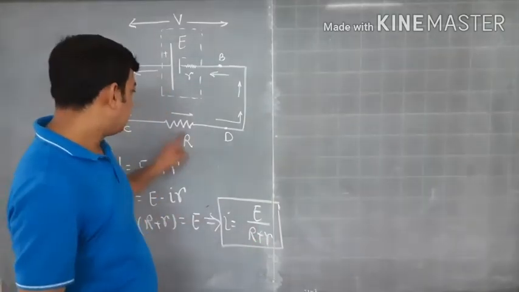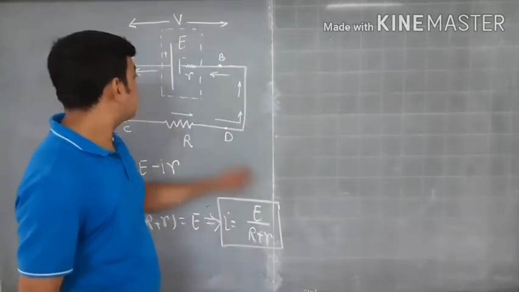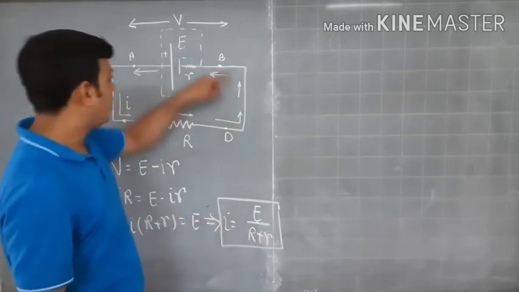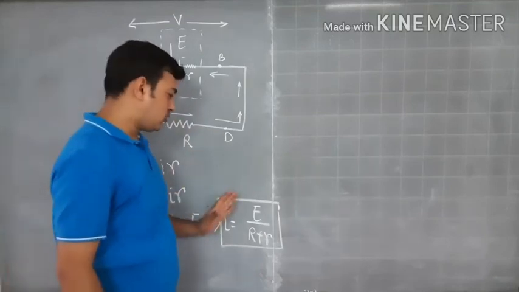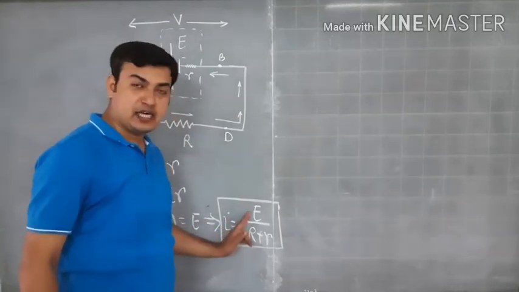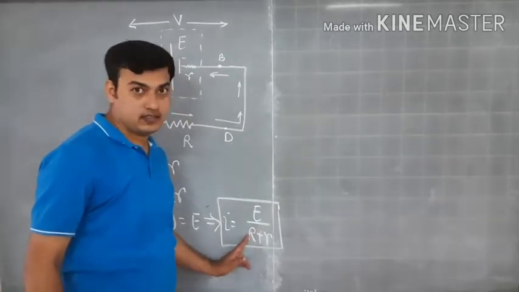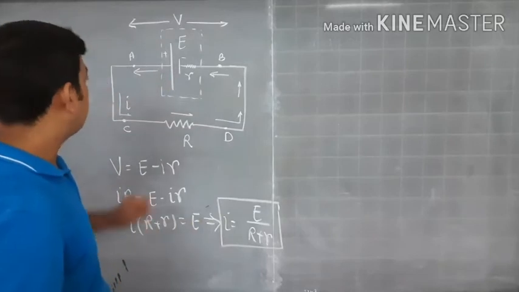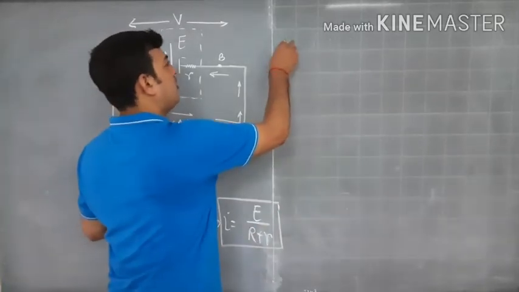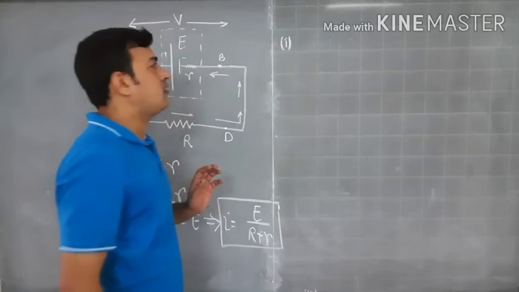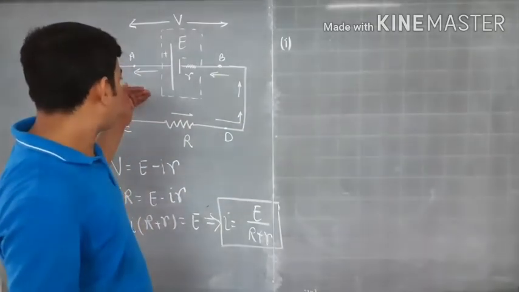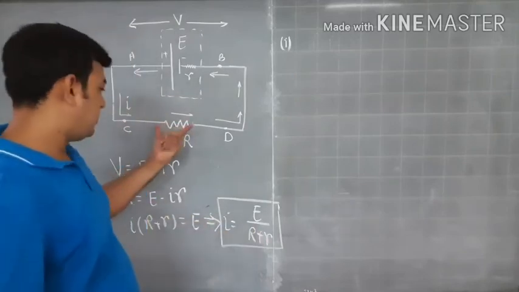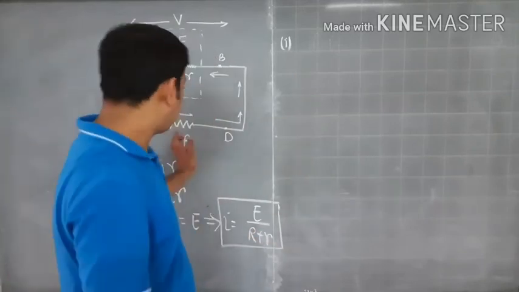As you can see, this is the external resistance and this is the internal resistance, and these two are in series. So this is the net resistance offered by this circuit. So I can write that current is net EMF divided by net resistance, and that is the simple definition. Now I am interested in making the graph of variation of E and the terminal potential difference with external resistance R.